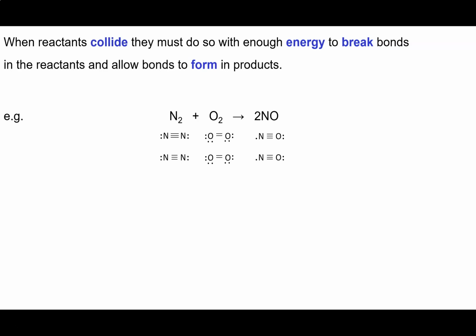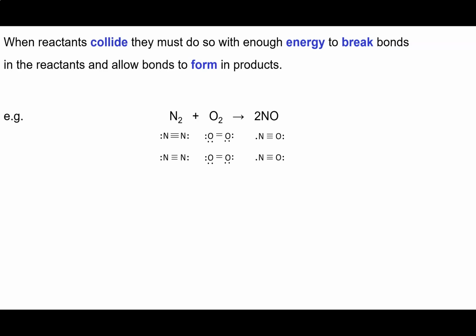Something interesting is that when the reactants collide, they must do so with enough energy to break the bonds in the reactants and allow new bonds to form that are present in the products. So when I look at this reaction between N2 and O2, this reaction is notoriously slow. It only takes place at very high temperatures. There's plenty of N2 and O2 in the atmosphere and they don't undergo this reaction. But at the high temperatures present in the engine in your car, this reaction does occur